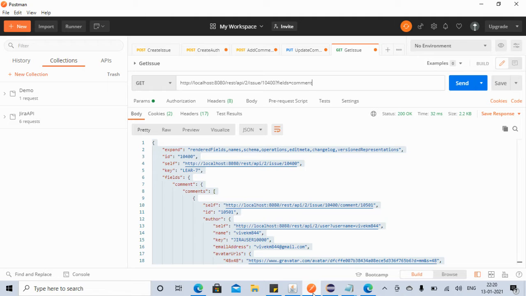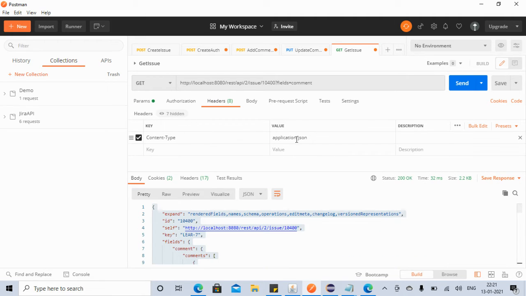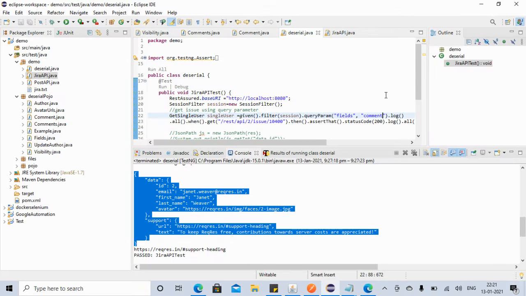What else do we need to provide? Since this is a GET command, there is no body. Do we have anything in the header? In the header, we have this content type, that is okay, and that's it. We are getting 200, so we will say assert that status code is 200. And instead of getting user, we have to get the issue in the example, right? We can actually rename this example to get issue if you want. That will make more sense.